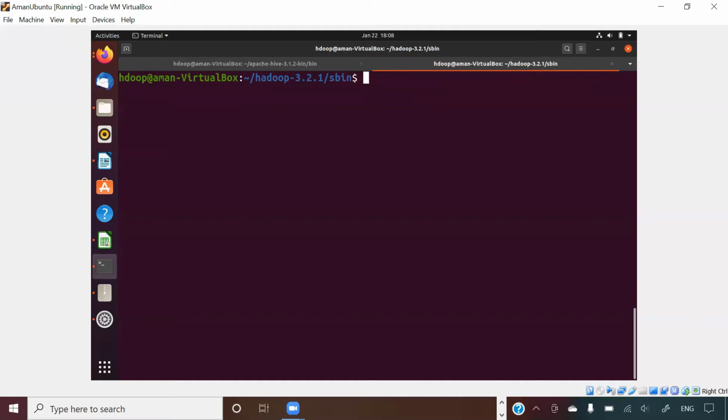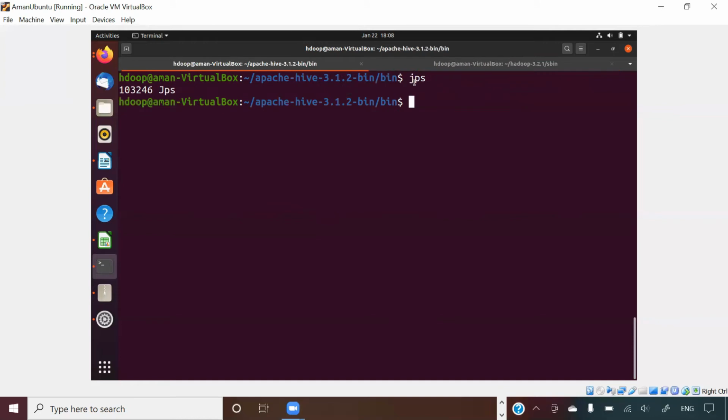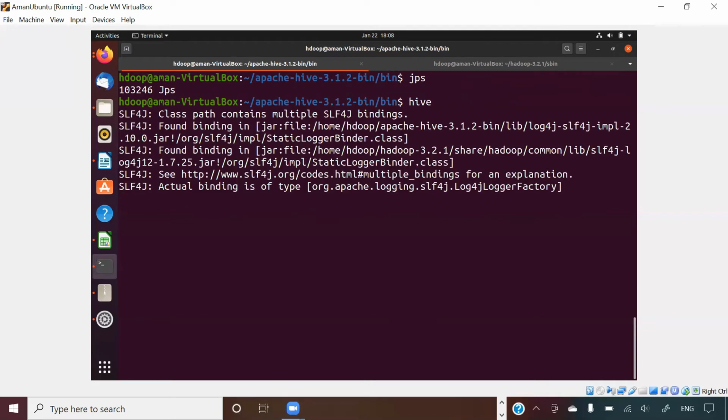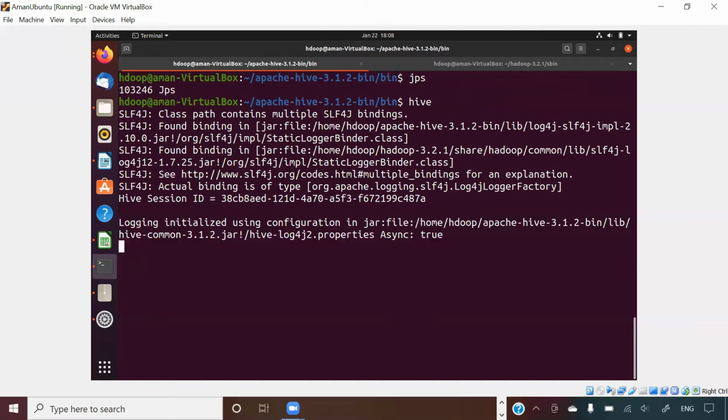Remember, this is the Hadoop window. I want to show you how Hive works on top of Hadoop. That is the reason I have opened two different windows. This is the Hadoop window. Let us come back to where we want to work with Hive. So this is the Hive window. Now let me try launching Hive one more time. I'm just saying hive and pressing enter. Now in the background I have all the Hadoop processes running, so I'm hoping that Hive will launch smoothly.